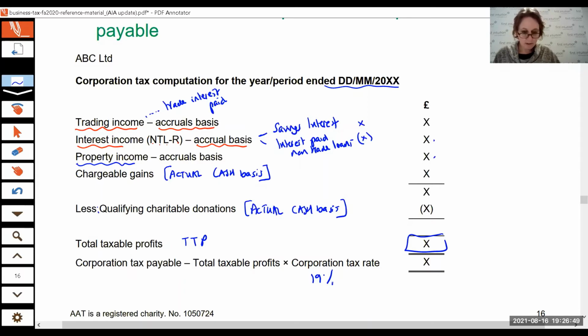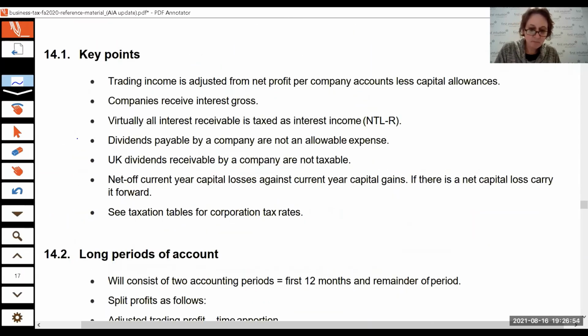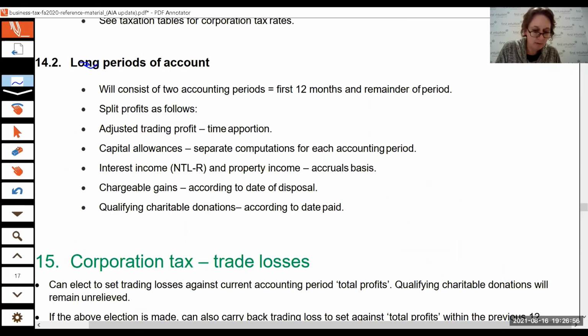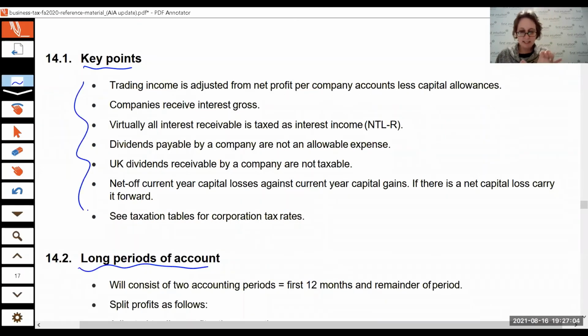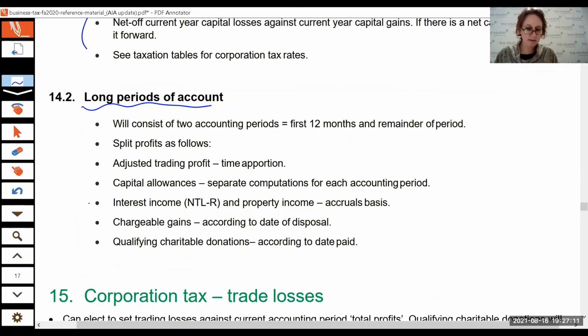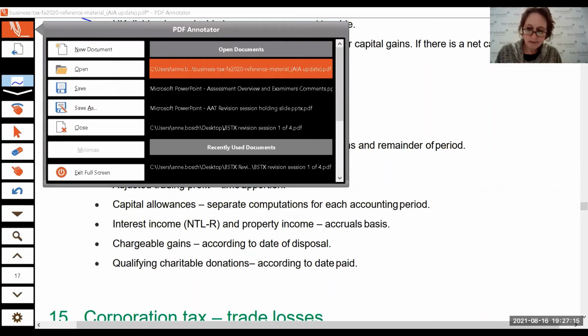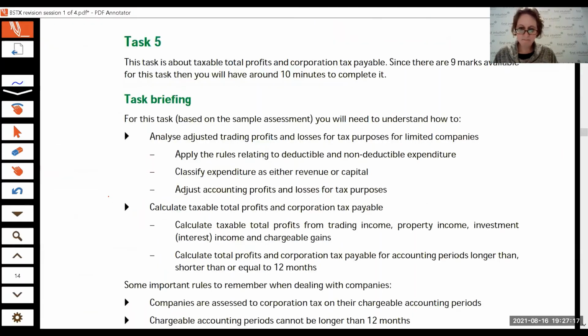Okay, so very, very helpful. There is additional information, key points. I'm not going to read through all of this. I want you to do that yourselves at home. But additional information under key points. We're going to practice a little bit of that anyway through our question. It mentions long period of accounts. It tells you how to deal with them. And then it goes on to losses, which come up in a separate section. Right. So,